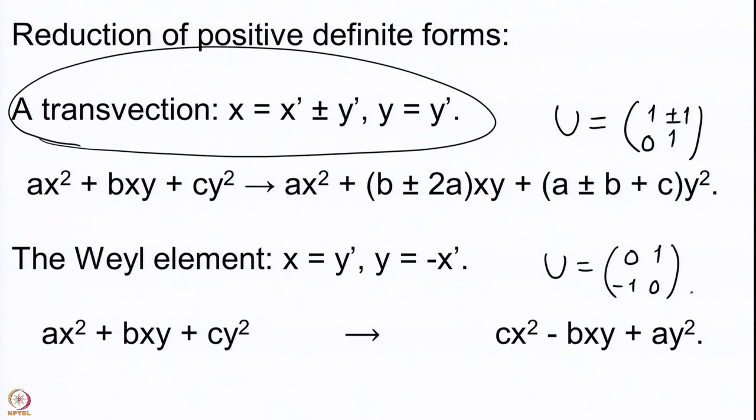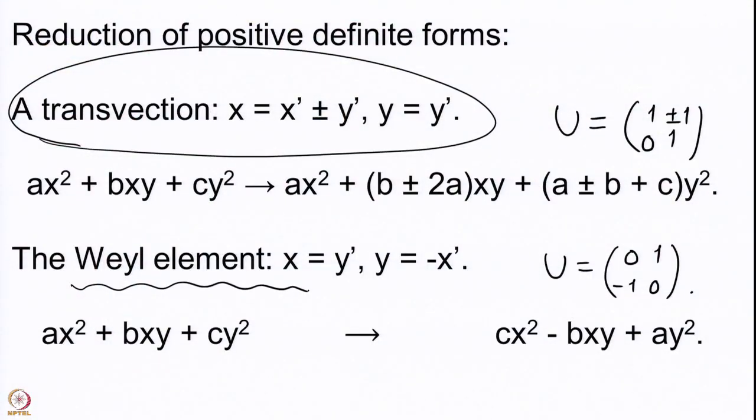Transvection is a very general term. If you study matrix groups and what is called geometric algebra, then you will see that these transvections are omnipresent there. They come in almost every such matrix group, and they are very useful. The Weyl element generates what is called the Weyl group of the matrix group SL2, and therefore I am using these notations to denote these two transformations. So, we have the transvection and we have the Weyl element.